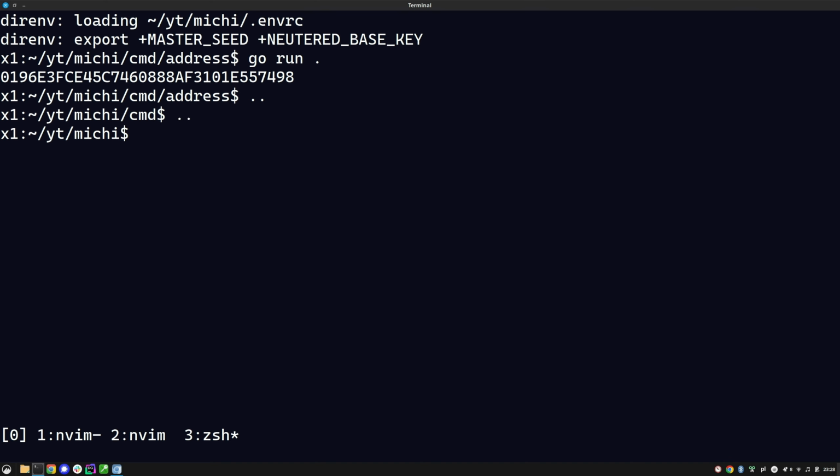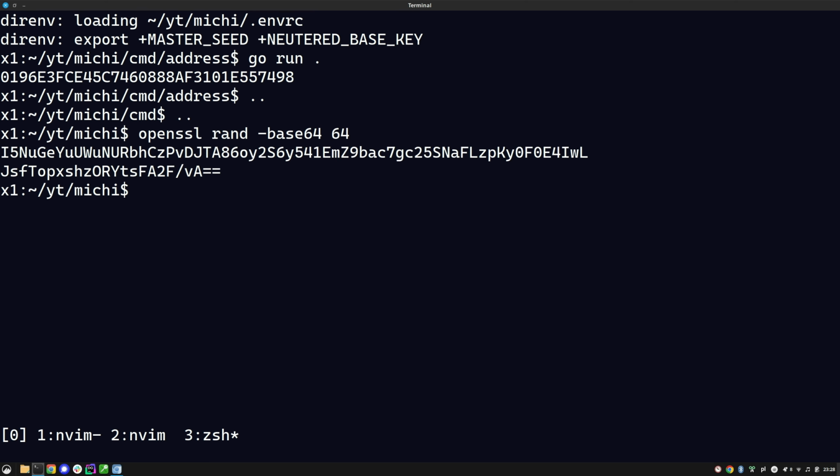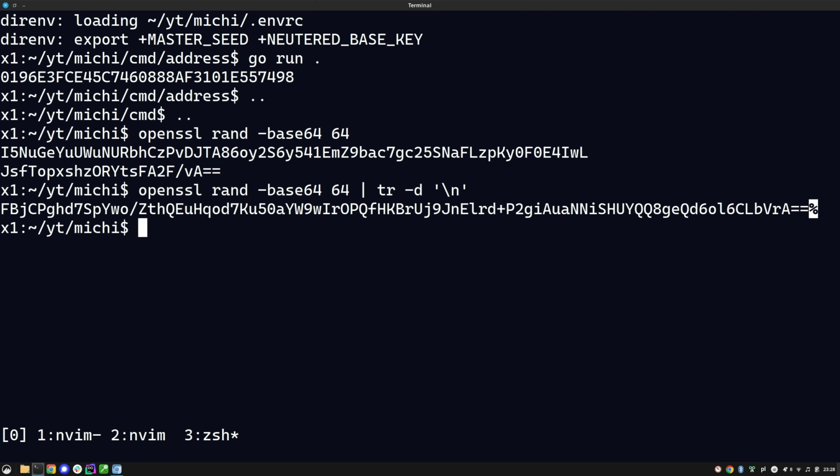And in order to use an HMAC, we're going to need a key. So I'm going to generate a key. openssl rand -base64 64. It's going to be 64 bytes long, and I'm going to remove all new lines, and this is going to be